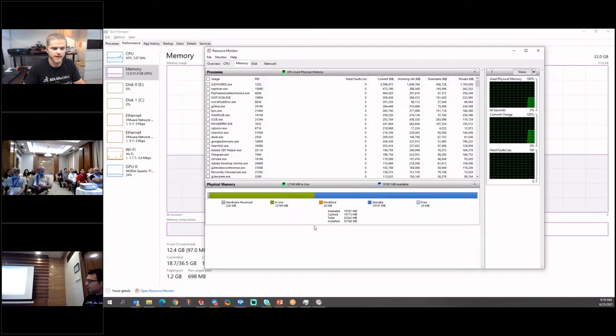On the memory tab I see that same chart, but I see a very different story as to what's going on. I see that 12.5 or 12.7 that's being used, here's that in use green section. But this blue section is something called standby. And free is almost nothing. I'm basically out of free RAM right now.